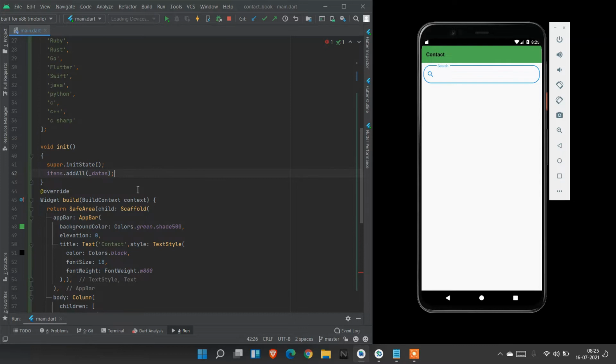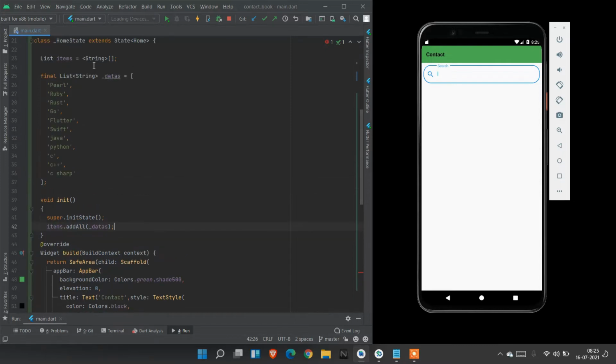Now we added all the datas to our items list.